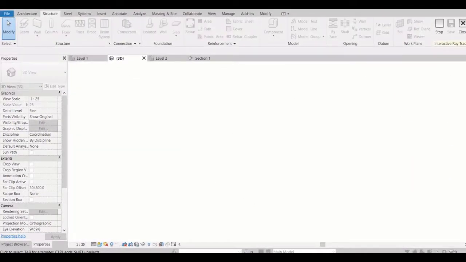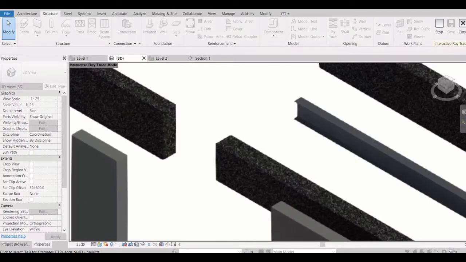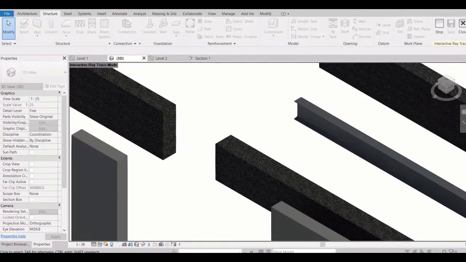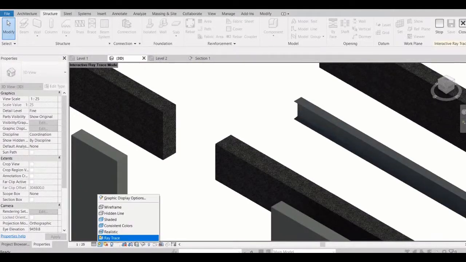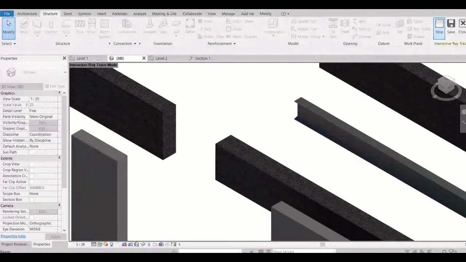Okay, when you switch this, don't change your view or don't move, otherwise it has to do it again and again. Okay, and when you are satisfied, just stop it.